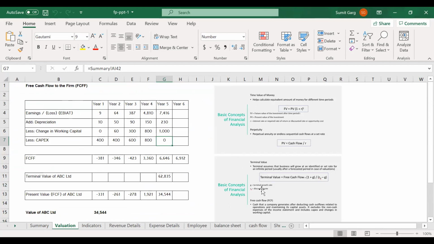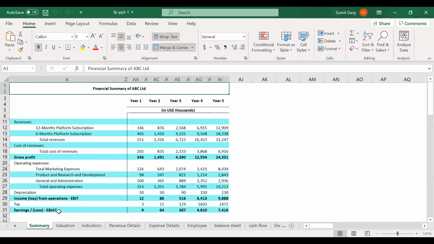If you remember, what we covered in the previous slide was that free cash flow is the cash which a company generates after deducting the cash outflows. So it excludes the non-cash expenses, but it includes the capital expenditure and changes in the net working capital. Here, I have taken the earnings before interest and after tax,